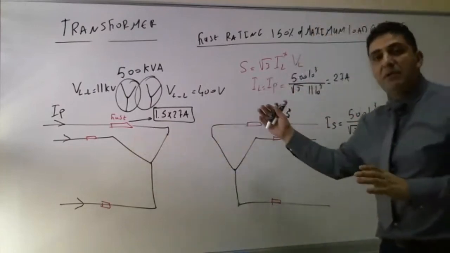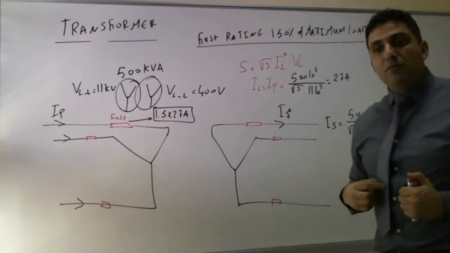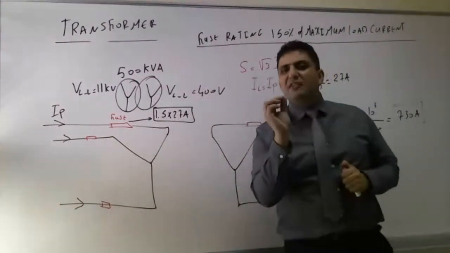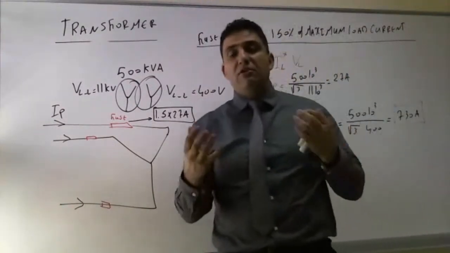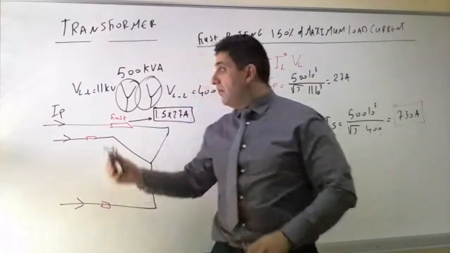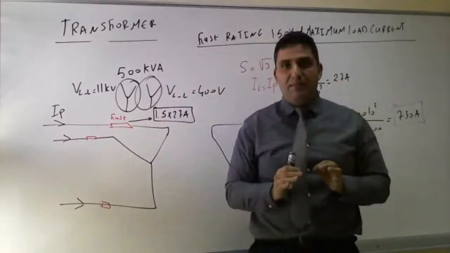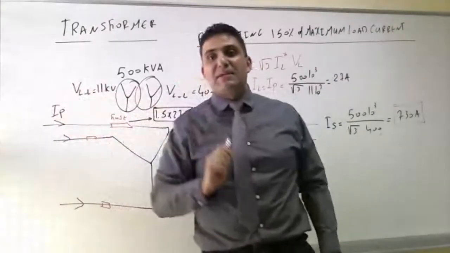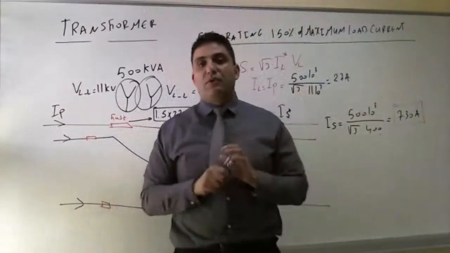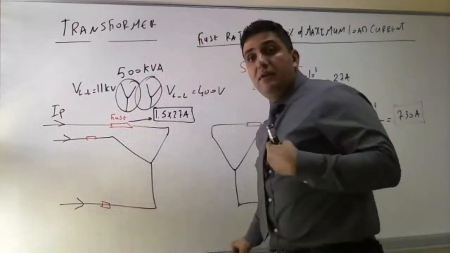That's based on basic power system 3-phase circuit analysis. There's one more element I need to pay attention to, a very, very important element. Every transformer is made of windings and has a fault current capability. I need to make sure that the current rating of the fuse is below the transformer fault current capacity. This can be explained in detail if you refer to figure 8.1 in the book. So it's very important for us to make sure that my fuse